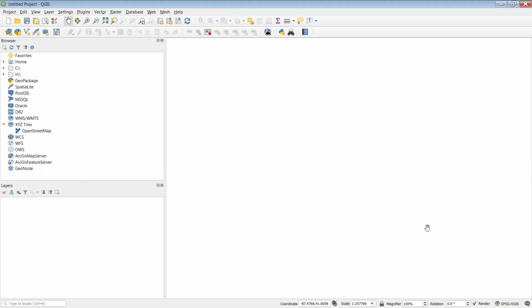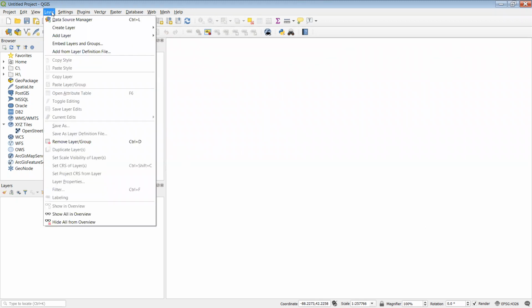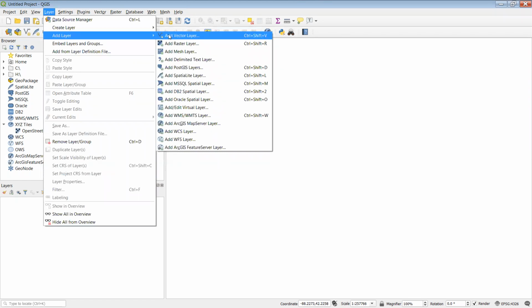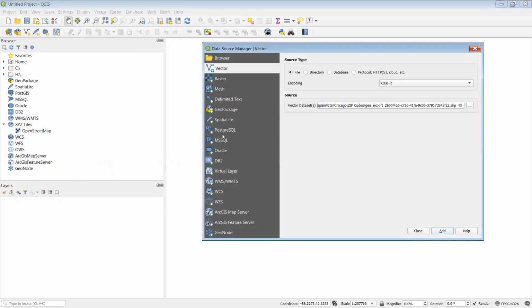So just to walk you through this interface, this is where the map will appear, and on the left-hand side you have what is called layers. I'll show you how to use different files to bring up layers. If you go up here and add layers, the files are loaded onto the H drive, and there'll be more of them